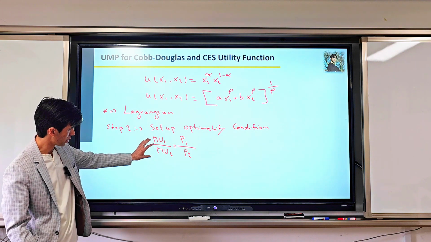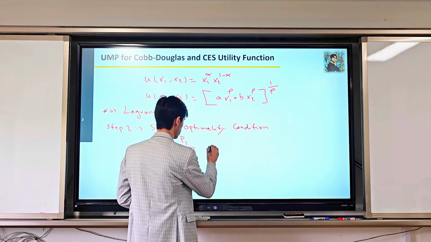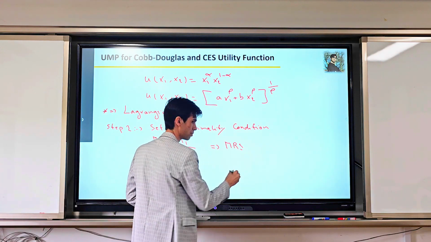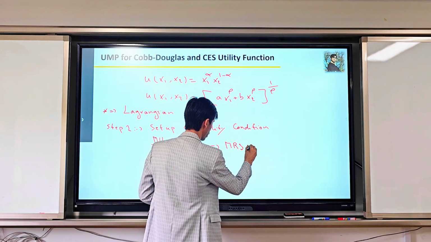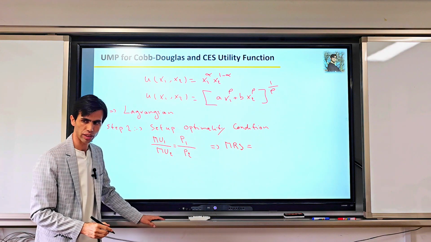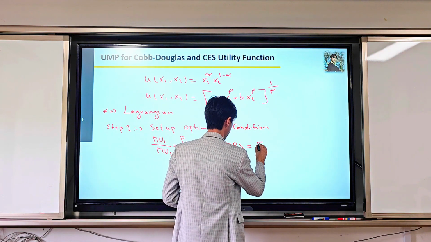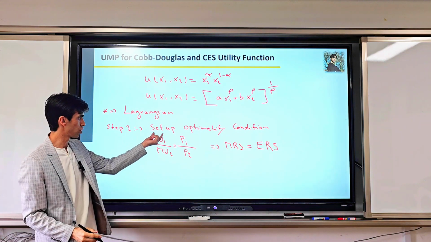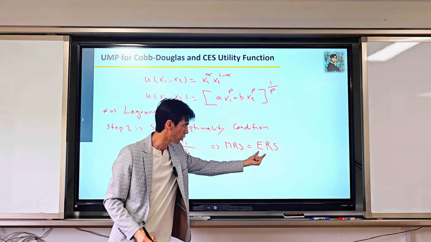And we know that the marginal utility of x1 divided by the marginal utility of x2 is equal to the marginal rate of substitution. And for the ratio of prices, we have another terminology which is called economic rate of substitution, ERS. So the first step is to set up the optimality condition, which is that the marginal rate of substitution is equal to